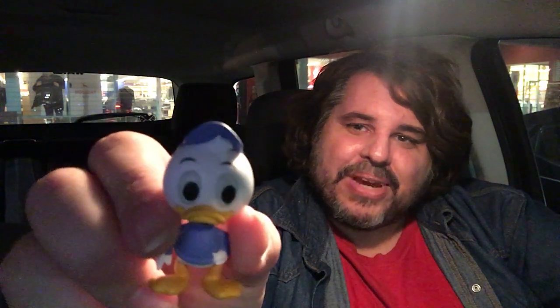But there's Dewey from DuckTales. So I didn't get any from Rescue Rangers, and I was kind of hoping. I really want a Gadget, because Gadget is super cute. Gadget in general is super cute, but the figure is very cute. These are super cute figures. I didn't get any from...